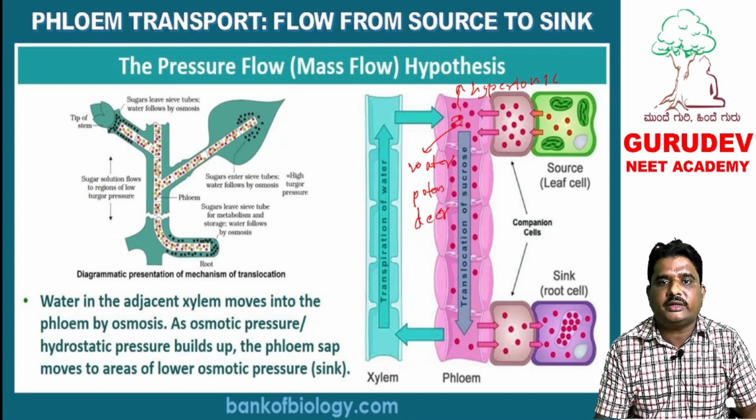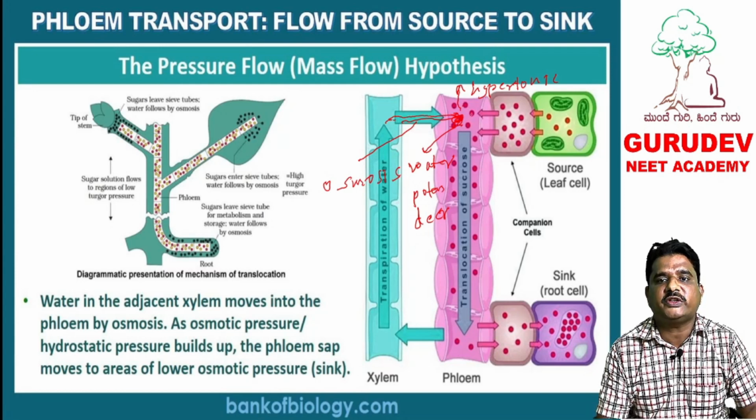So here, water is less and solute is more. It is connected with the xylem. This phloem is connected with this xylem. From this xylem, water enters into this phloem by what process? Osmosis. Water from the xylem enters into this phloem by osmosis, and once water enters at this particular area, remember this